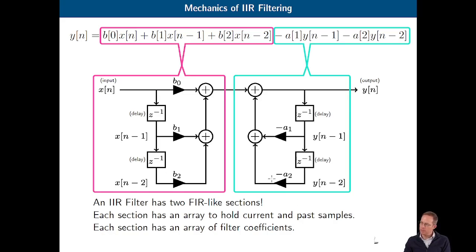But the bottom line here is that the structure of these two sections is very similar. There is an array of samples of data. There's an array of coefficients that are multiplied by that data, and then you add everything together. Same on the output side. We've got an array of samples times an array of coefficients, and we add all those things together. So in terms of programming this thing,